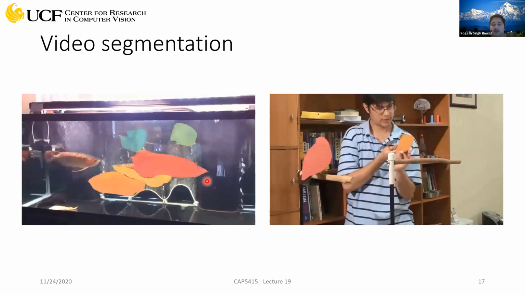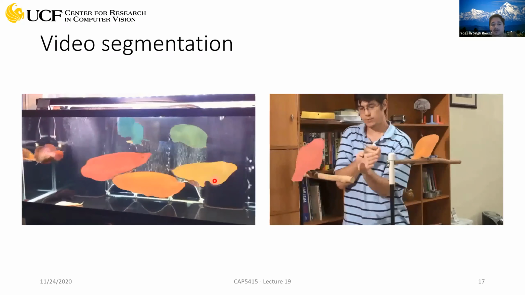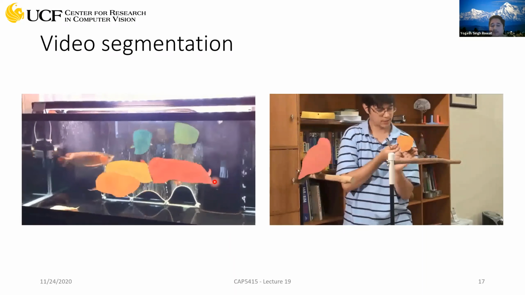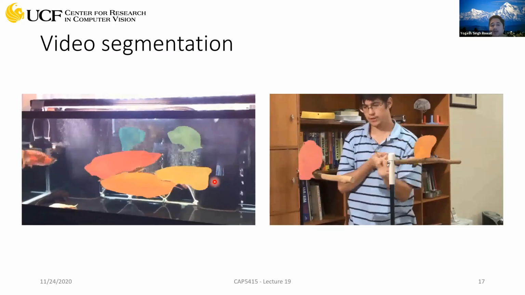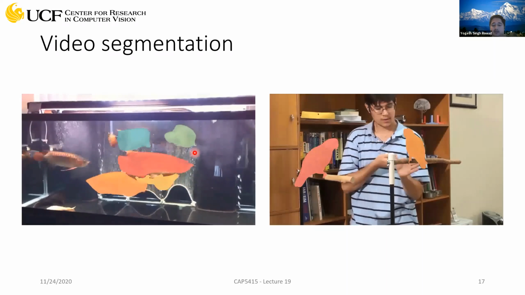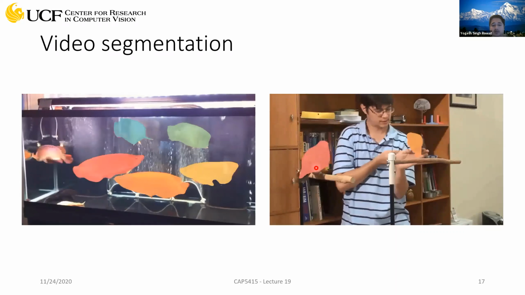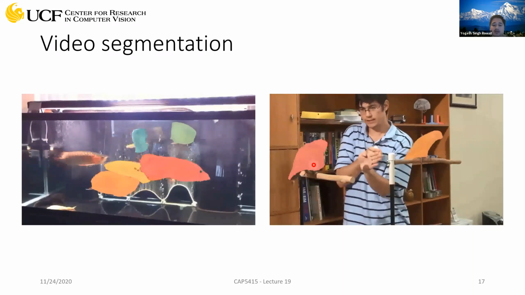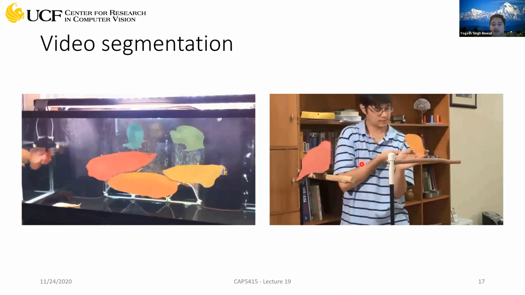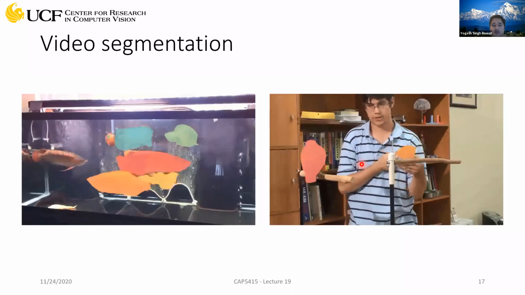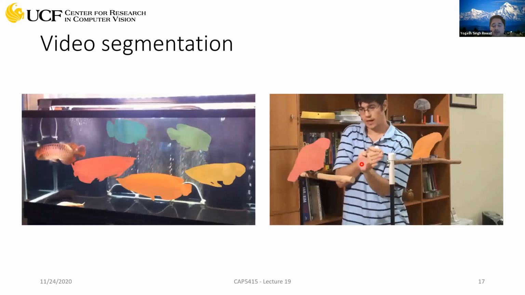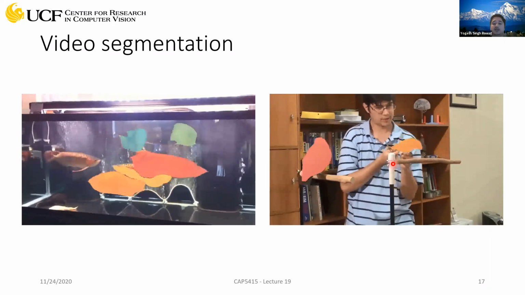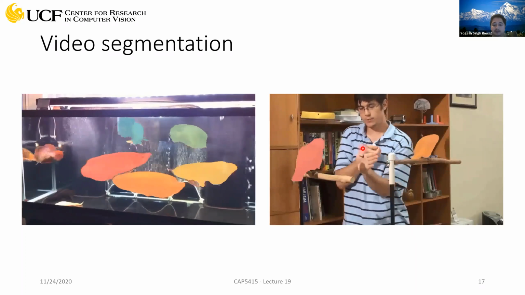And again, there are different variations of how you want to solve this problem. Sometimes you are given the segmented objects for the first frame, and you just have to track them across time. What is being shown here is that the first frame annotations were provided, and then the objects are being tracked or segmented in the subsequent frames. The other variation could be that you are not given any initial segmentation, and all you have to do is blindly perform image segmentation depending upon what objects you can find in these videos.